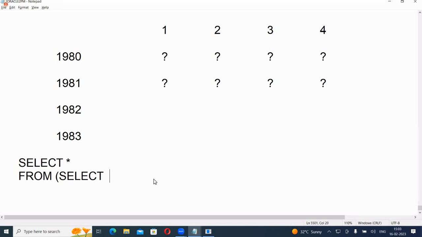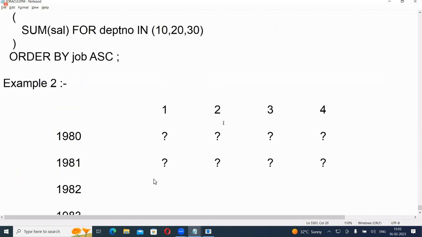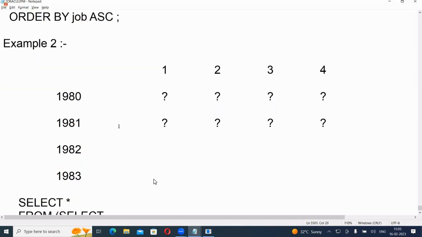I want 3 things. Not the hire date, because hire date contains the full date, and I don't want the full date. I want only the year part and the quarter. So I need 3: year, quarter,